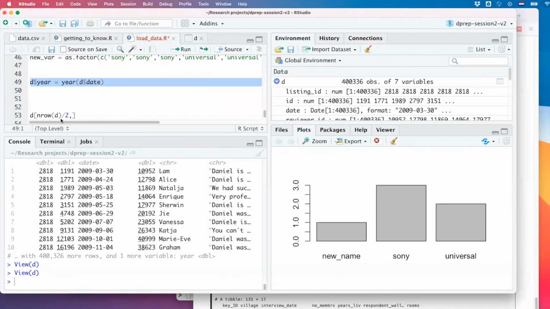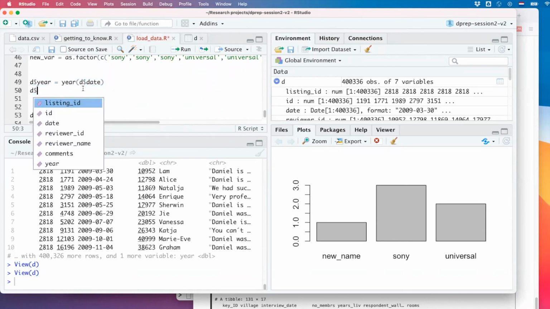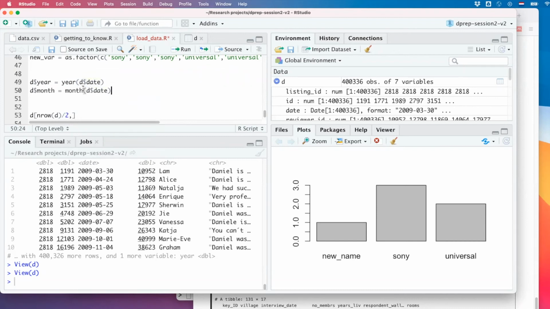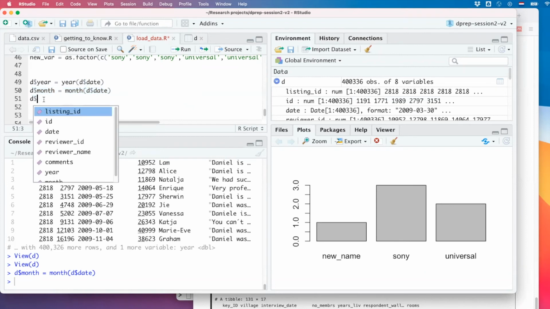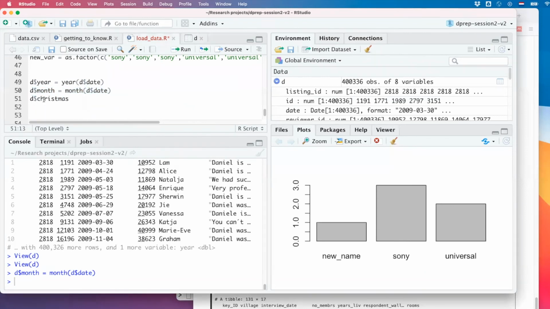Or you may be interested in making trend variables. For example, the month, maybe such a thing, right? And then you can control for the month number. So if you have sales patterns and they spike always at Christmas, the month number will control for this. Or you can create a Christmas dummy by saying dChristmas.